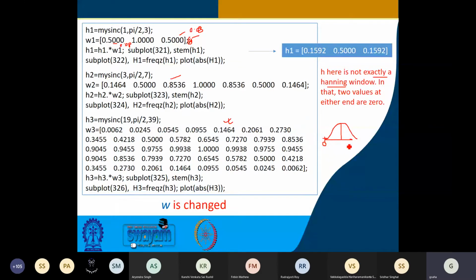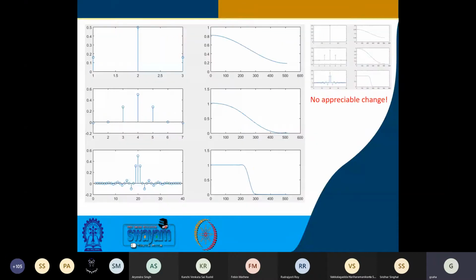So actually, whatever is shown goes up to the last but one, because these are discrete values, and accordingly the weighting is done. So by changing W in this manner, you arrive at the frequency response. The rest of the things are same, so I'm not repeating, just a different set of weights.